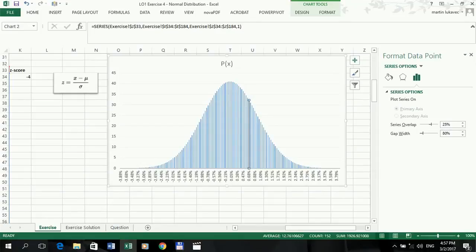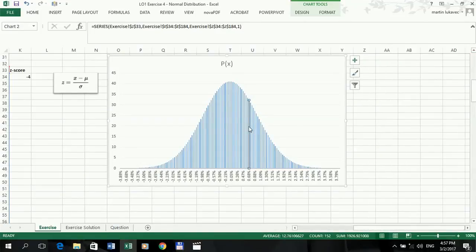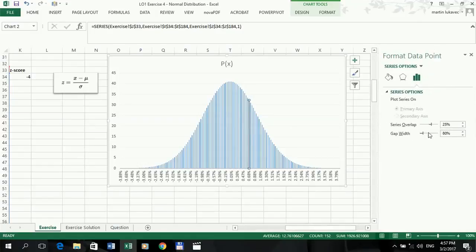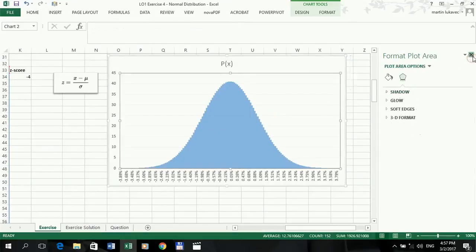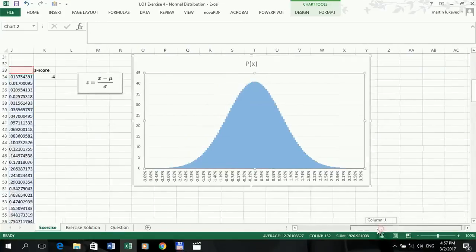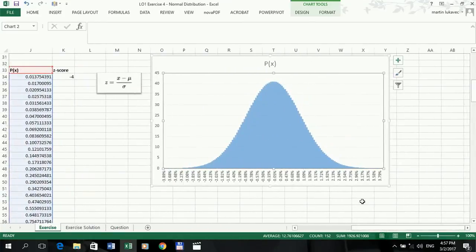I'll show you once again: you double click and Format Data Point opens, and I change the gap width, and it makes the distribution look much smoother because it gets rid of the gaps between the columns. All right, so the normal distribution is plotted,